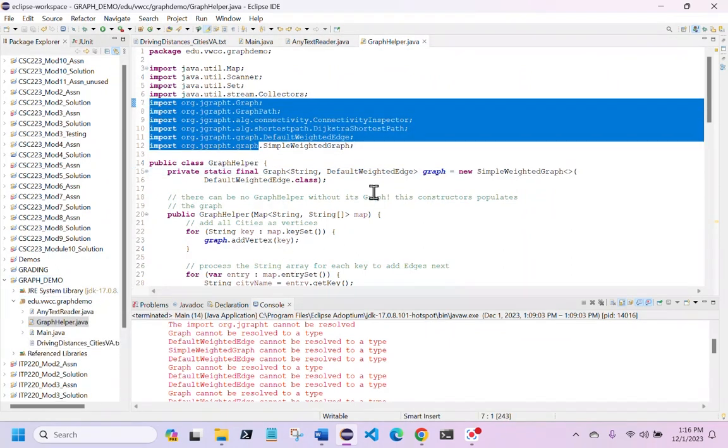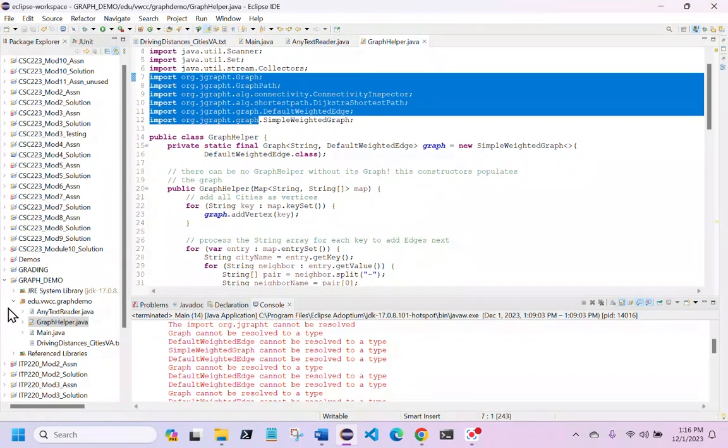So that's how you add a third-party library to your project using external jars rather than using Maven. And